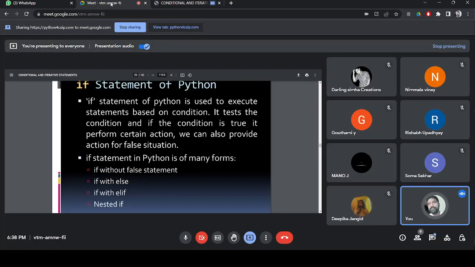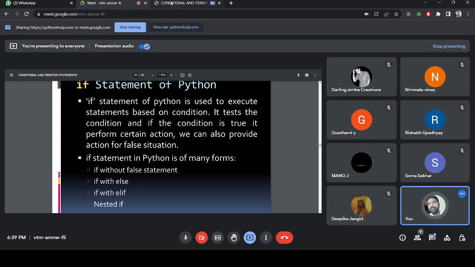And please note, it is not a typo in the third bulleted point, elif. Elif is a shortcut for else if. In Python, we don't use else if like C, C++, Java. We use elif as a shortcut according to the syntax of Python. If you want else if, you have to use the word elif in Python. In C, C++ and Java, in almost all the languages, they use else if.